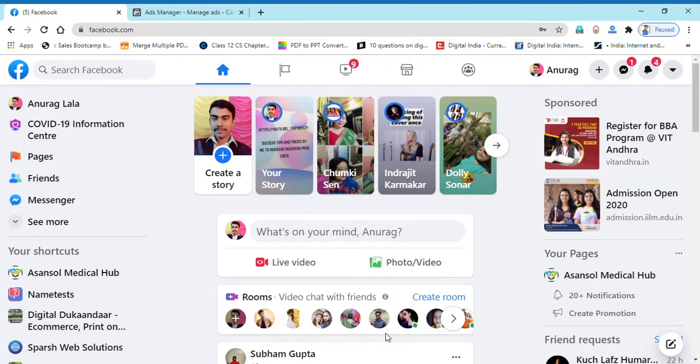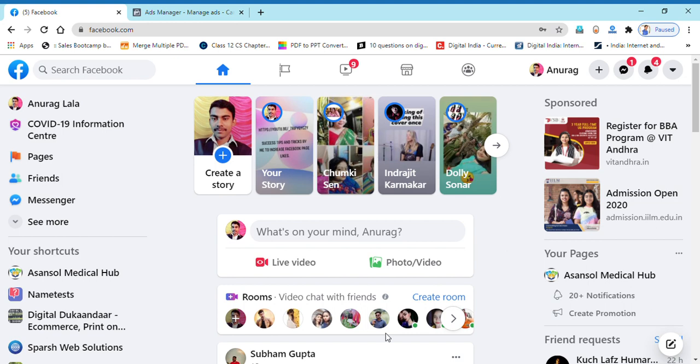Hello everyone. In this session of Facebook ads, I'm going to tell you how you can automate your Facebook ads. Now, what do you mean by automation of Facebook ads? Suppose you are running an ad that has per day clicks and per day impressions coming, people are visiting your site, but you want to stop that ad once the per day amount has been reached. Suppose your ad's per day budget is rupees 100, and so many people are clicking on your website that your per day amount of rupees 100 is exceeding. In that case, if you want to stop your Facebook ads, how do you do it?